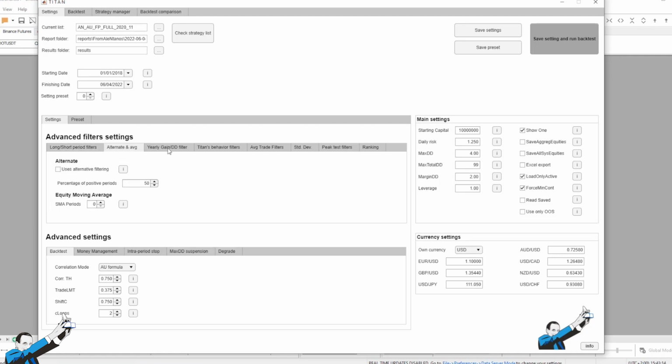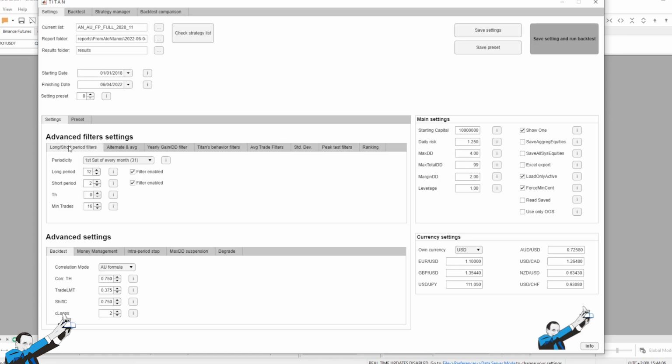Then we can see that there could be so many other ways to filter the equity lines. Another example might involve standard deviations. Assume that we have a moving average of our equities and we want to filter out systems that aren't doing either too well or too poorly. So they are above or below a certain number of standard deviations from the mean. Another filter that I think is very interesting is the peak equity filter. In this case, I'll tell the software to only use the systems that have a peak in equity in the last year. Now, I got to tell you, I found this filter rather effective in my case, with this portfolio of systems on all the backtests I've done.